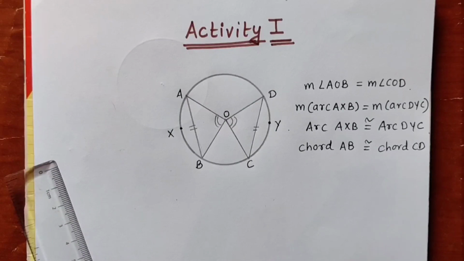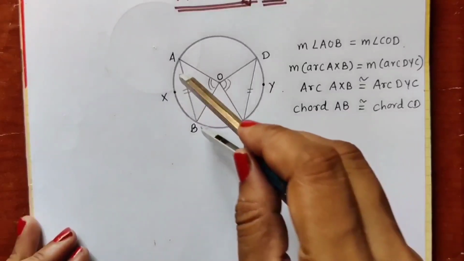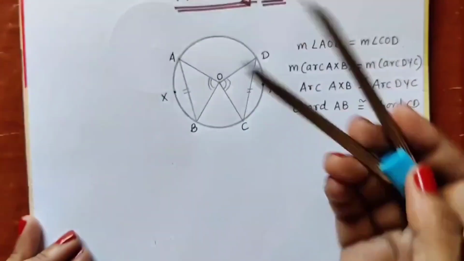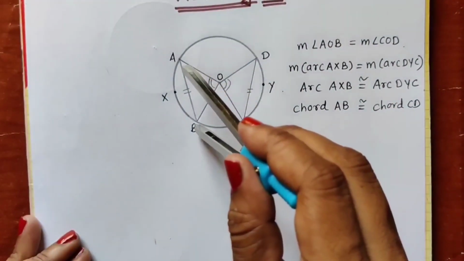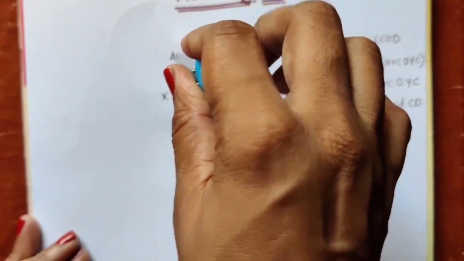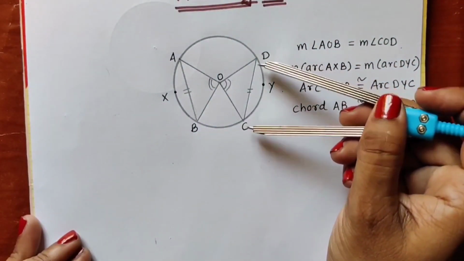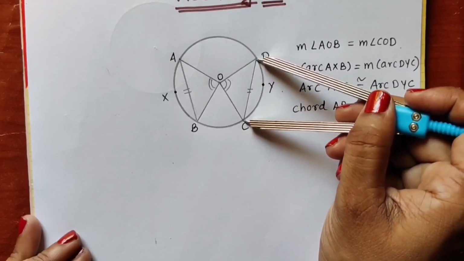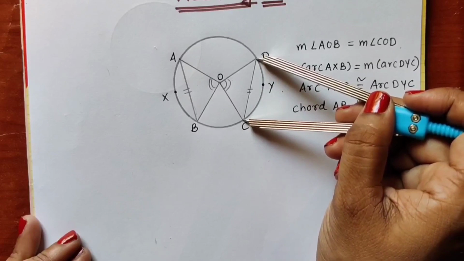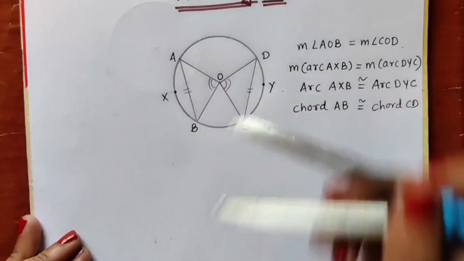Let us use the divider also. So this is my divider. I will measure the length of chord AB with the help of my divider. As you all can see, this much distance is there between the two points of this divider, AB. Now let us see, is DC the same or not? See children, here it is the same. I don't need to change the distance between the two points of the divider. That means AB is congruent with CD.